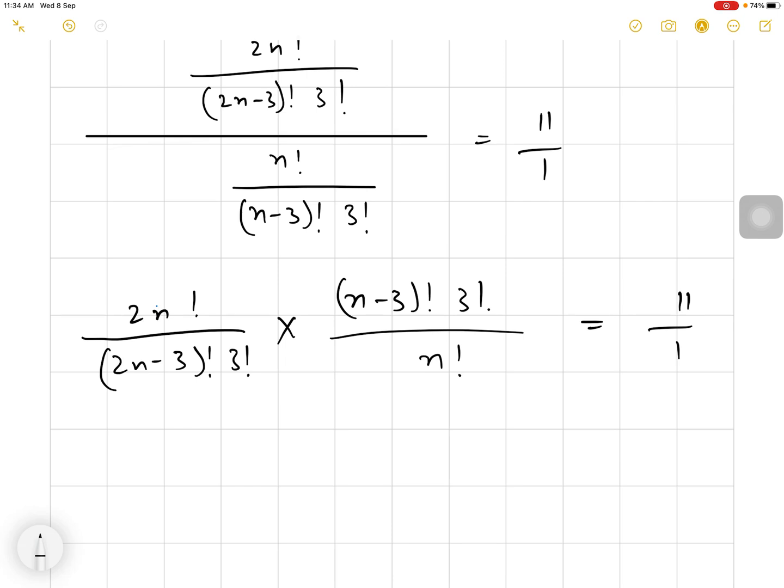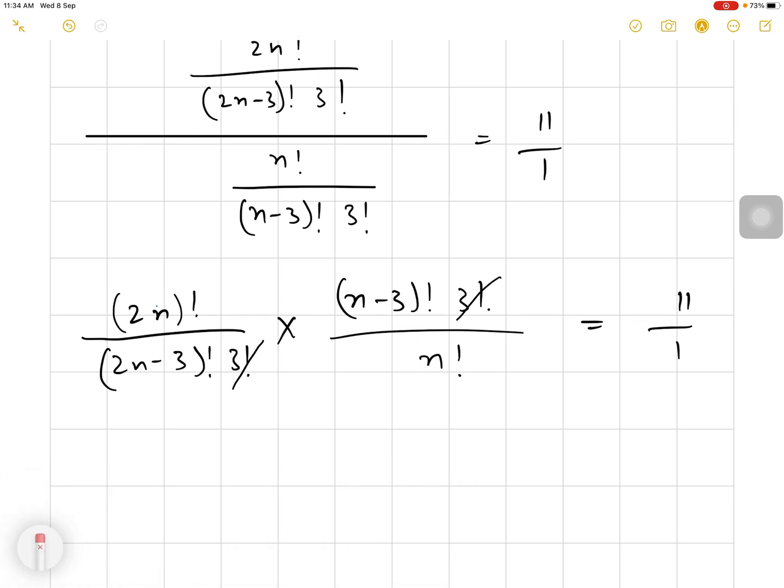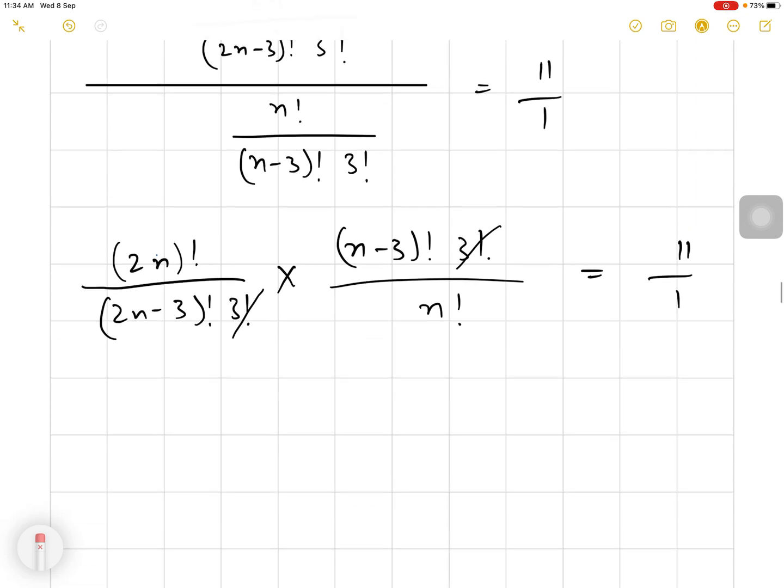So now what can I do? 3 factorial I can cancel, right? This is 2n factorial, okay? This is 2n factorial. You cannot cancel n factorial and n factorial. You cannot do that, okay? So now what else can we do? Okay, 2n factorial, we can write it this way: